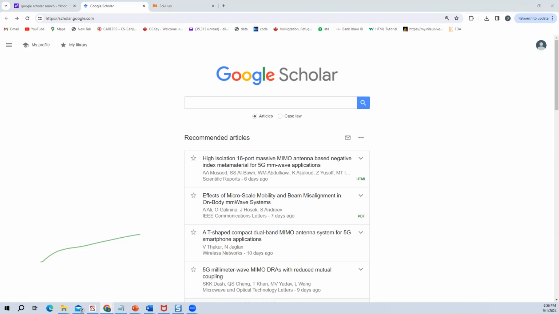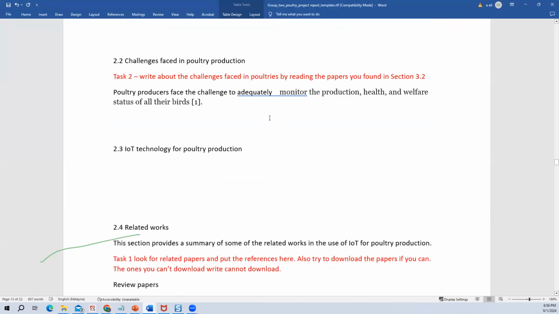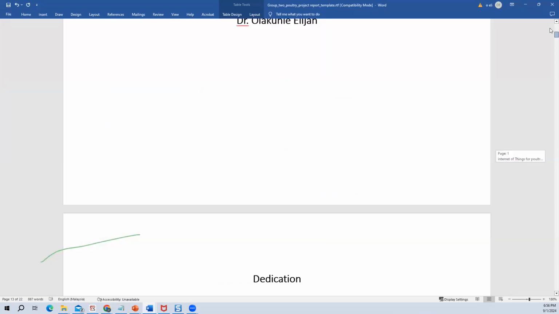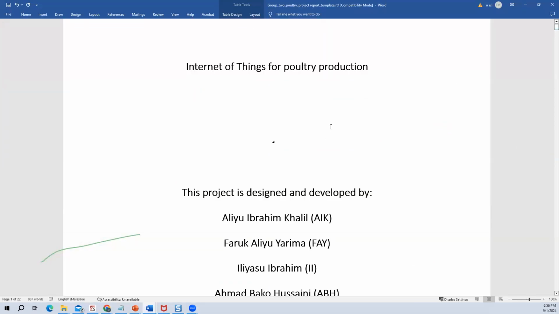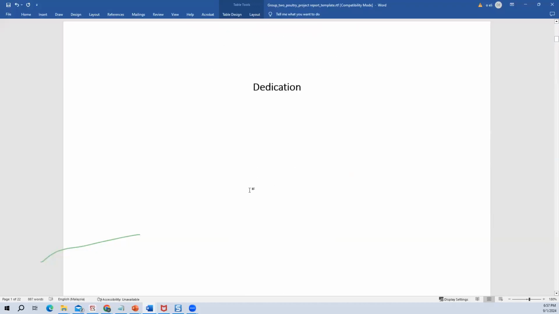Okay. So if there's no other question, I will send the updated version of this template. I will save it with today's date. We'll use today's date to keep our updates, because it's going to be changing from time to time. So the report with the latest date will be the most current version of the report. All right. So Ibrahim,